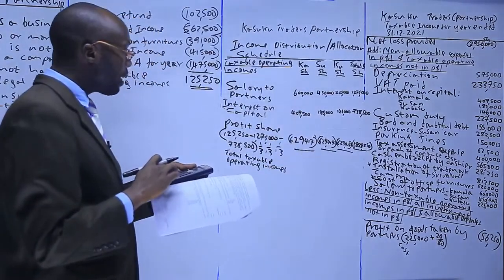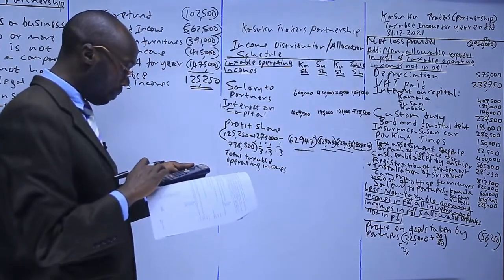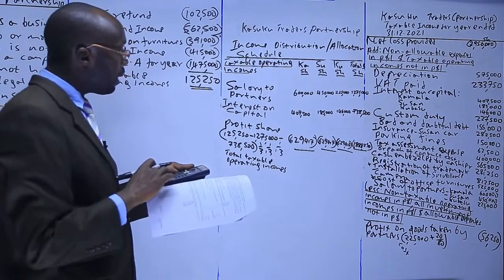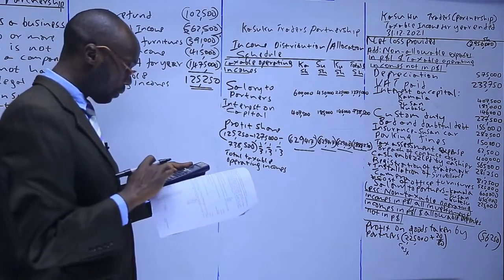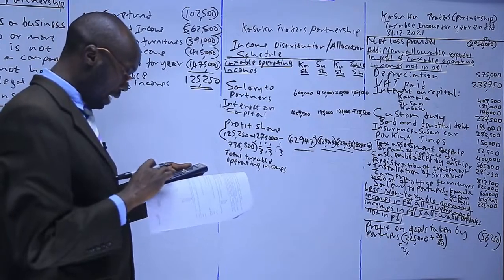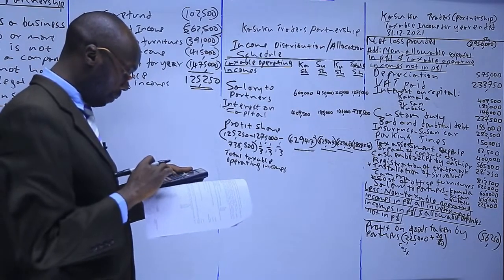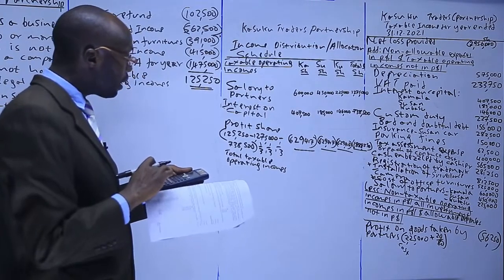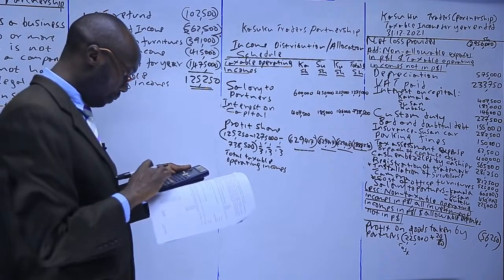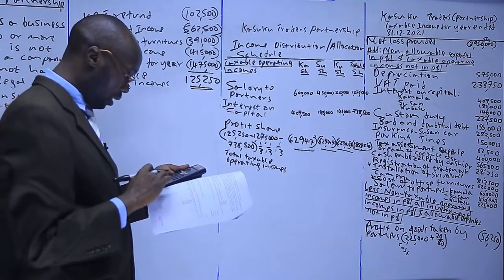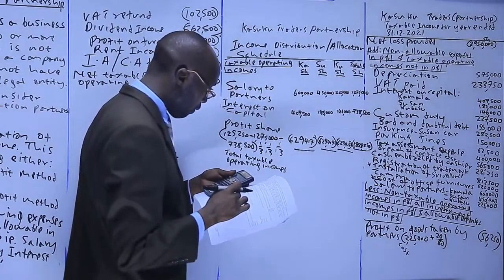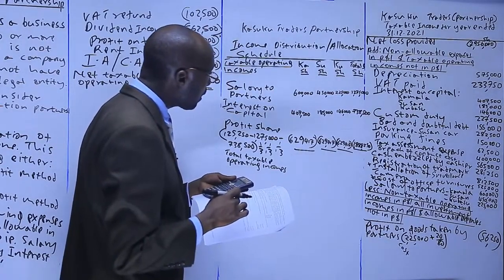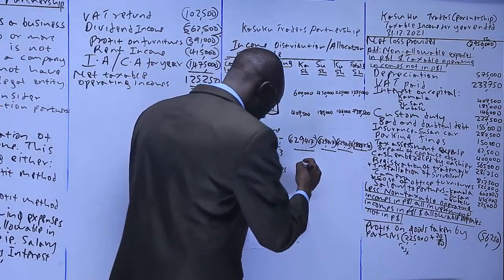So we start with 600,000 for the first one, plus 407,500, minus 629,417, and then we get positive